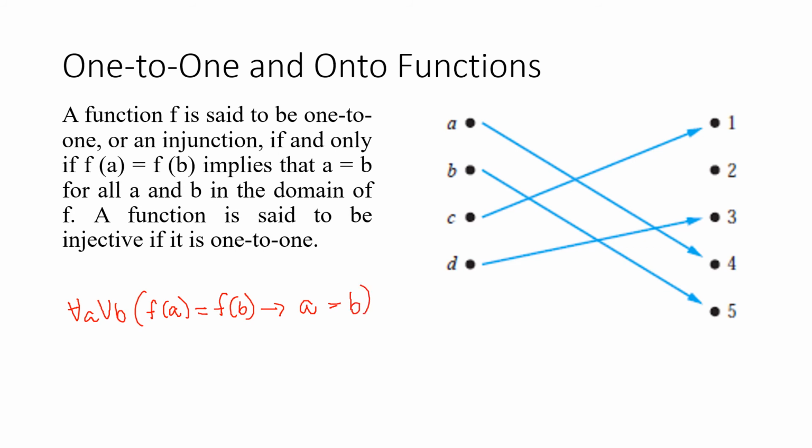Or the equivalent of that would be: for all a, for all b, a not equal to b implies that f of a is not equal to f of b. Okay, where the universe of discourse is the domain of the function. Okay, so